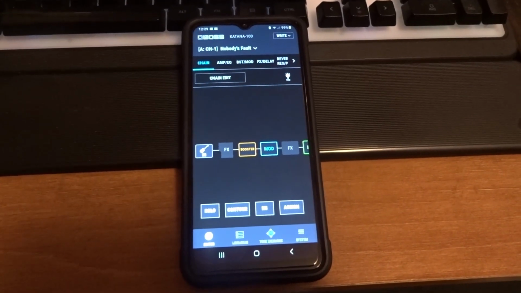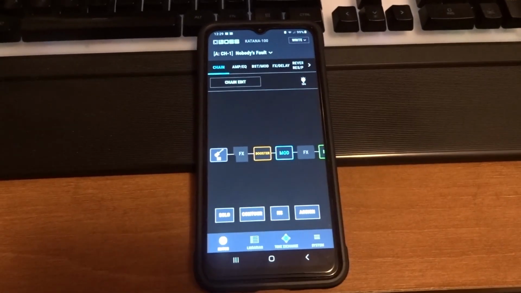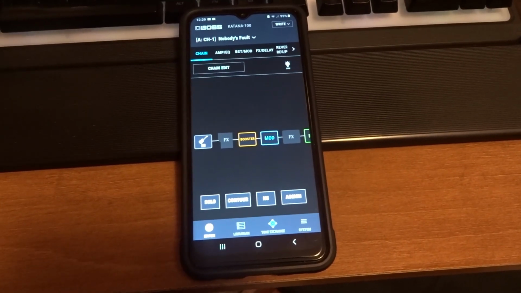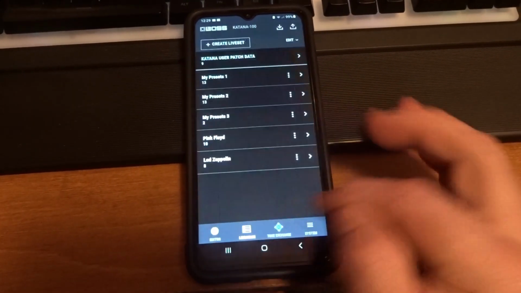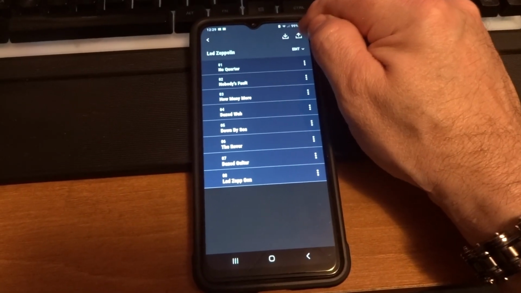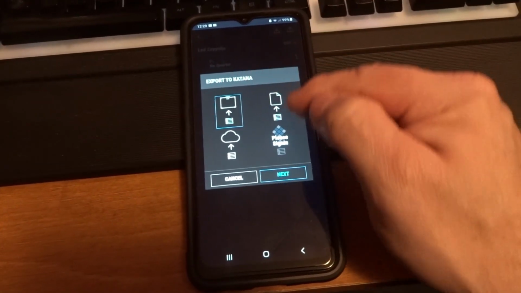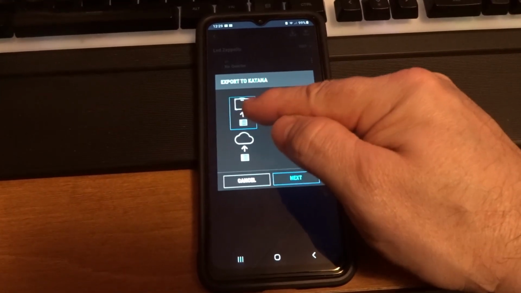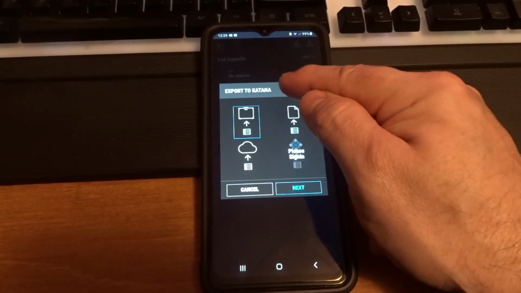What's up, guys? Today I figured out how to export the patches or Livesets to a channel on the Boss Katana. So if we click Librarian and then click the preset that we want, and we come up here to the up arrow, that's going to export it, and at least for me, it's automatically highlighted export to